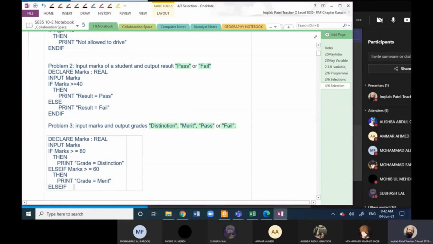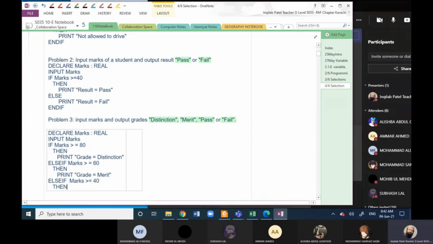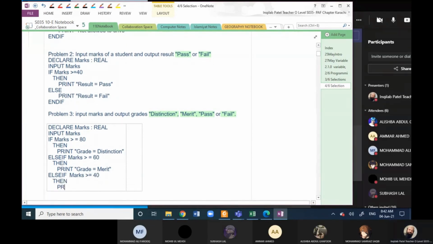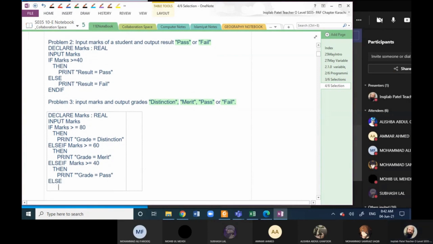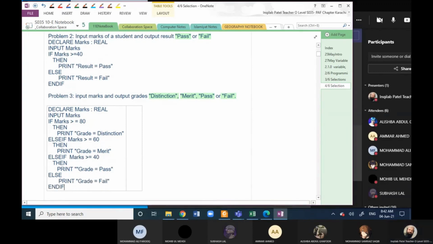Else if marks is greater than or equal to 40, then print grade is equals to pass. Else print grade equals to fail. This is our code.